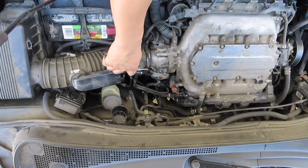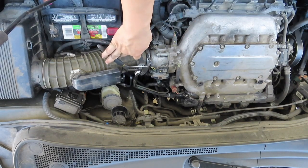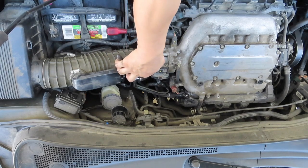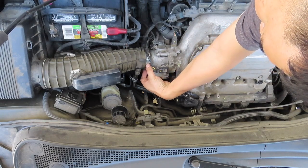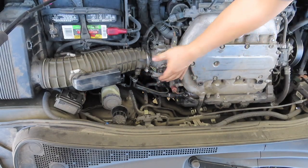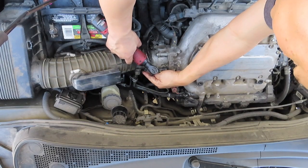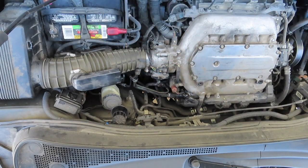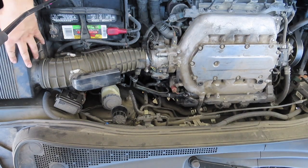Next, we're going to be taking the intake hose off. It's pretty common sense. There's going to be some ring clamps. Usually they're 8 millimeters to release. There's some clips. Release those. And then you're going to...